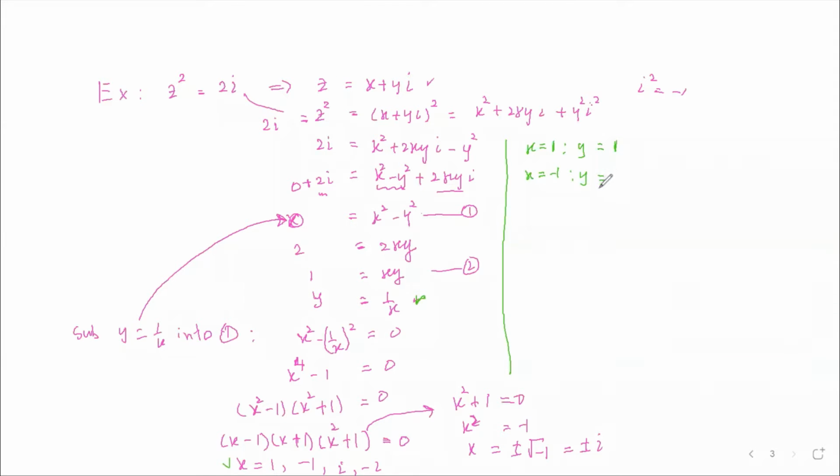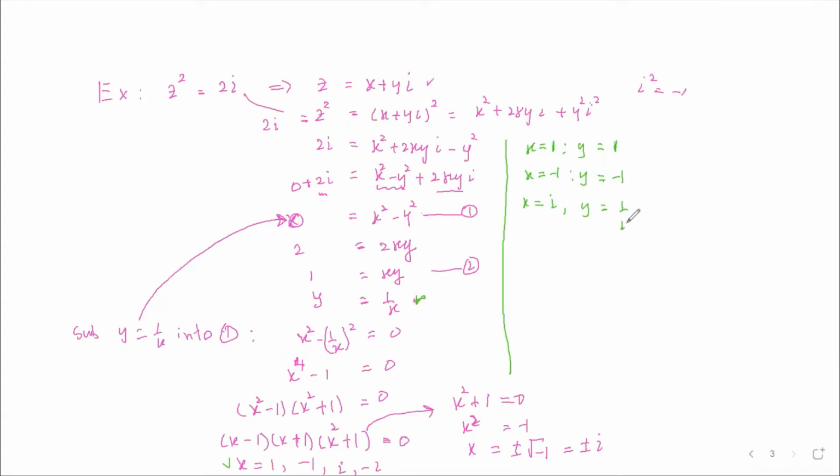So y equals x, and x is negative 1, so y equals negative 1. And say if x equals i, so this one y is going to be